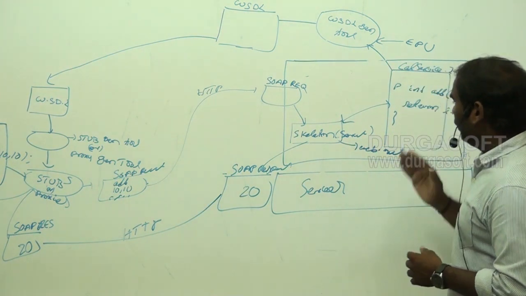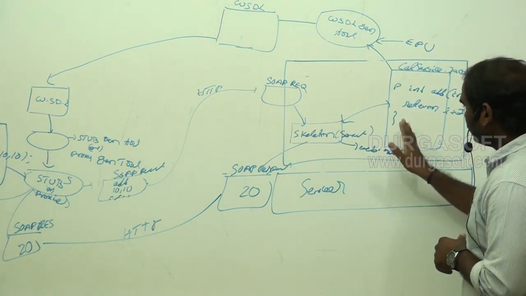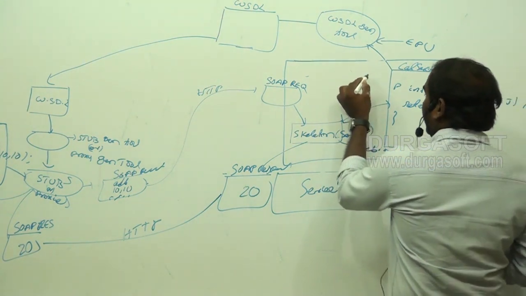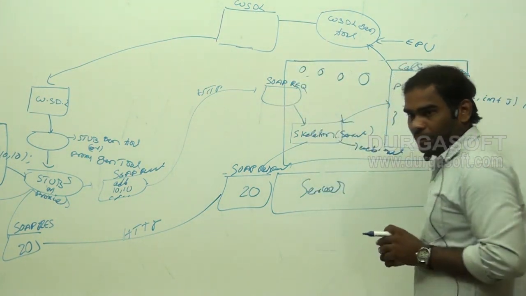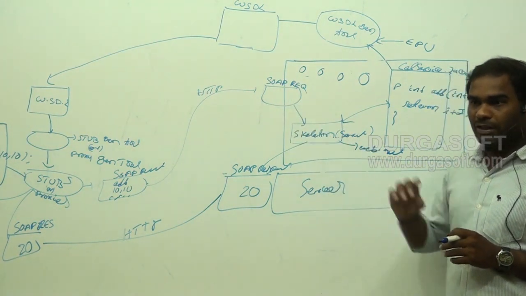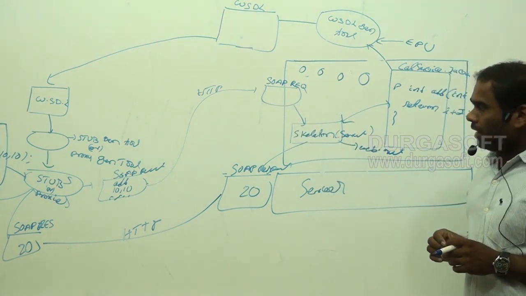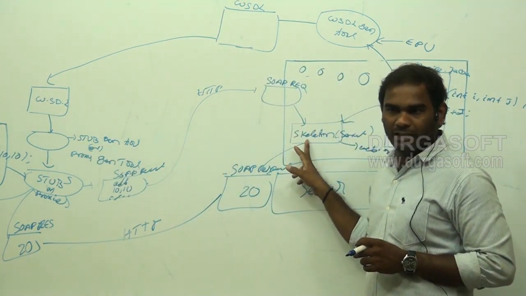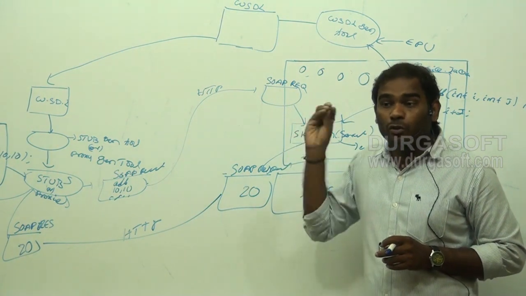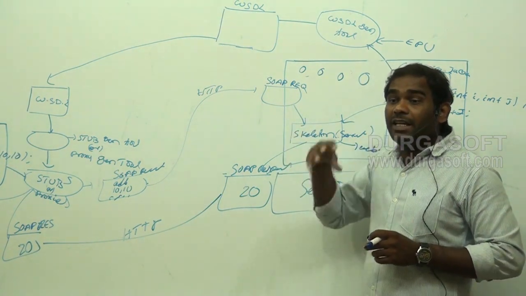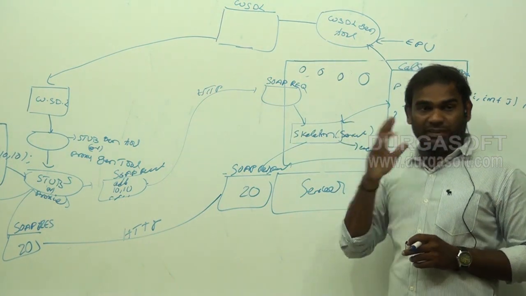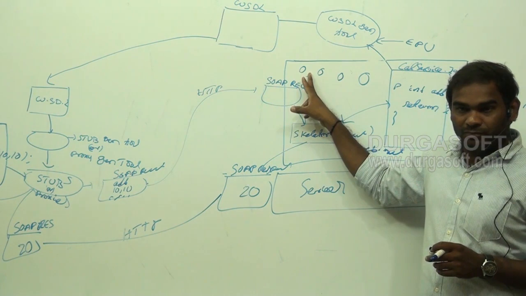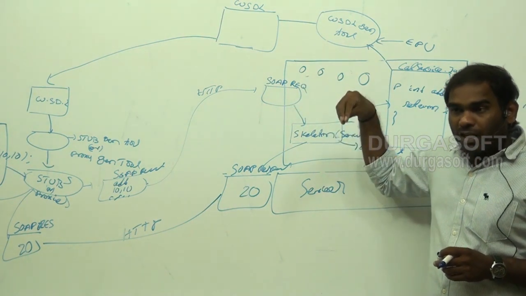Okay, fine. Now another one is, listen. Coming to this here. Now I already told you, we can have any number of service classes. Am I right? We can have any number of service classes here. So now when our client makes a request, who will take that request? Skeleton will take that request. How does Skeleton know on which service class I need to invoke the client requested method? Either on this service class or in this service class or in this service class or something here. Understood or not? So how to recognize now?